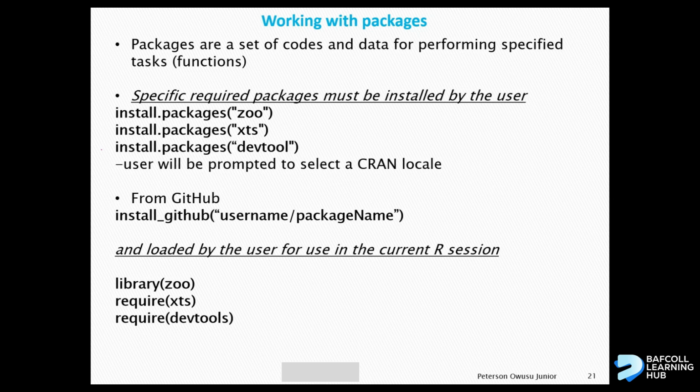If you install a package, it is sitting in a library on your PC where your R folder is installed. But you need to use it in your current R session or workspace. The function to get that is library and the name of the package. Once you do that, all the functions and the data in the package are available for you to use. There are two ways: you can use the library function or the require function. They do the same thing.